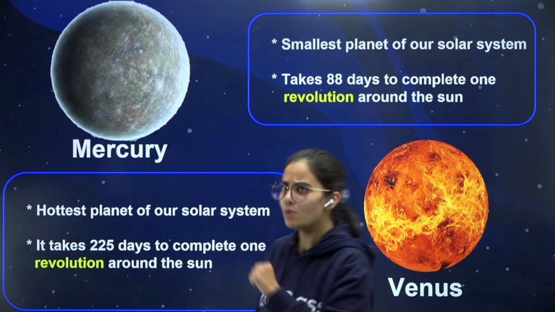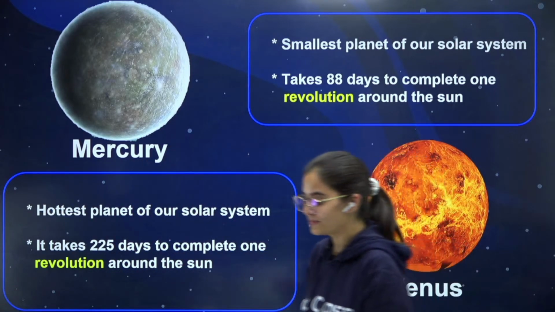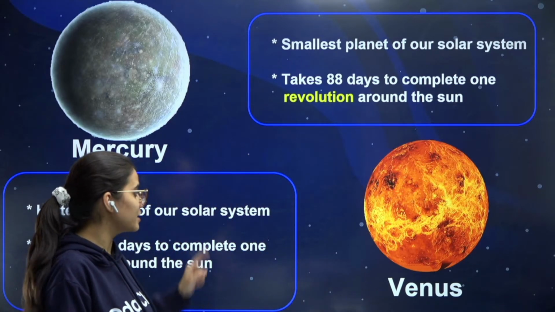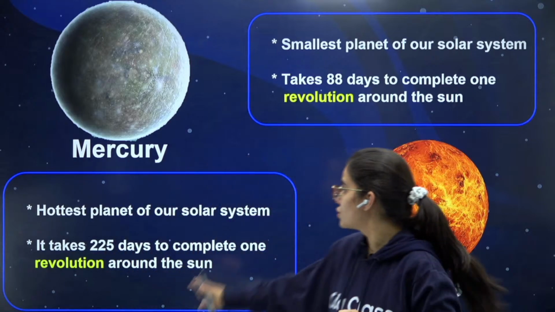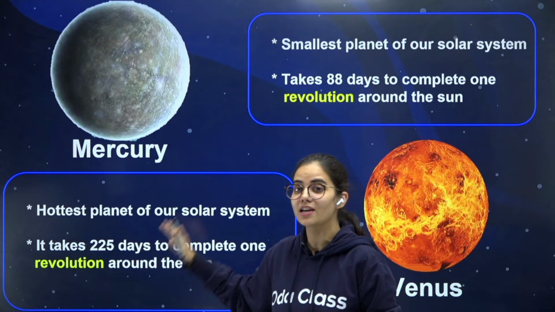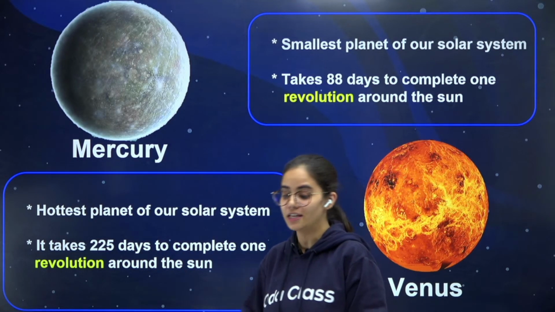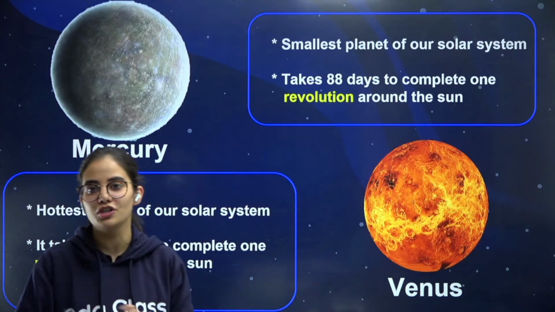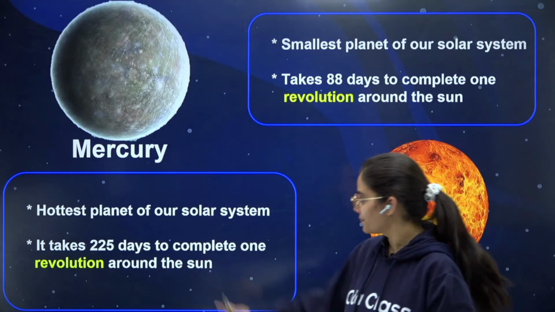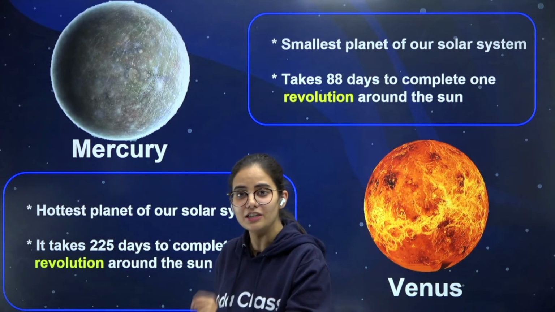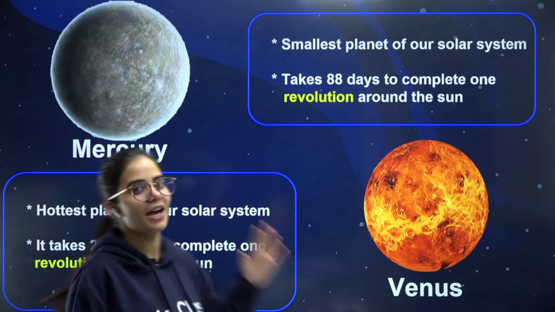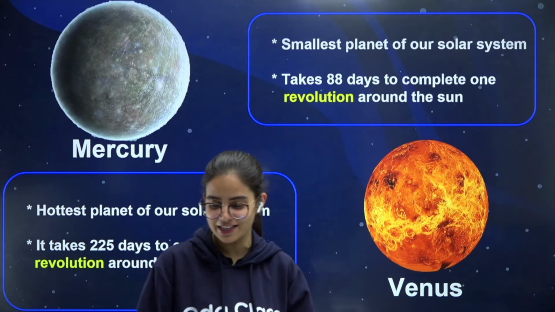So here, planet number 1, which was the smallest planet, of course. Second one is the hottest of them all, and this planet is going to take around 225 days. That's right, it will take 225 days to complete one revolution around the sun. That exactly means that it is going to take 225 days. A year on this planet will be equal to 225 days. So you can see a direct comparison between the first and the second planet.